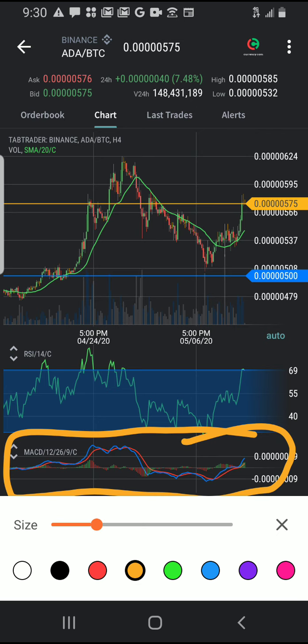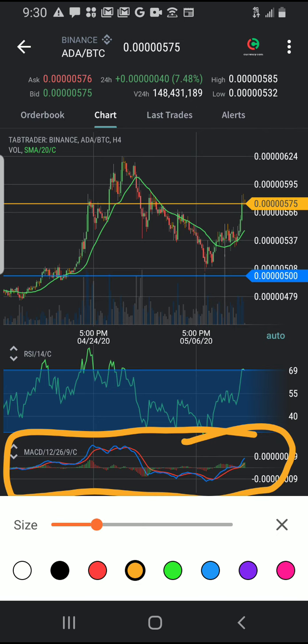And another one we have is the stochastic oscillator. It works the same as RSI, but you can find it on TapTrader. You can find it on Binance or TradingView. So another one we have is something like